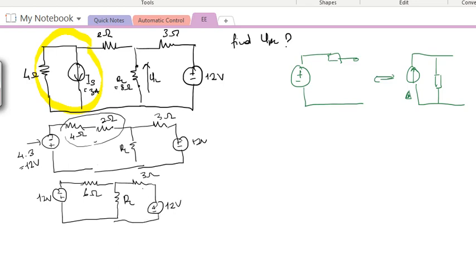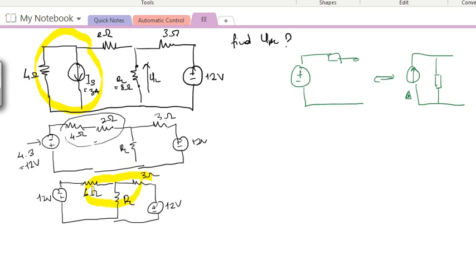Okay, so now we have a simpler circuit. Next simplification, what do we need to do? We can see that we have an arrangement of 3 resistances pointed here. There are simplifications, but it's not very easy to remember. So what we need to do is, I think it would be easier if we can put the 3 resistances in parallel with each other.